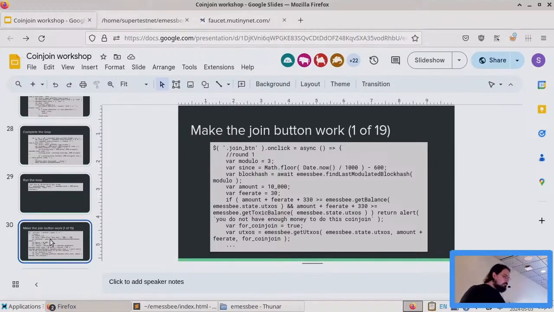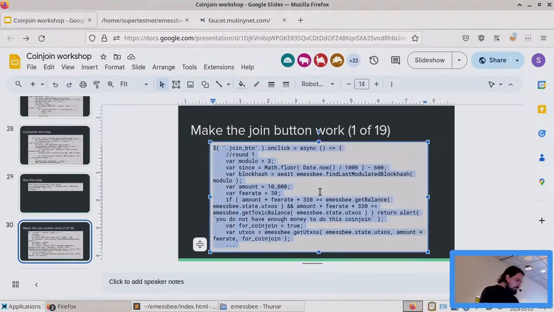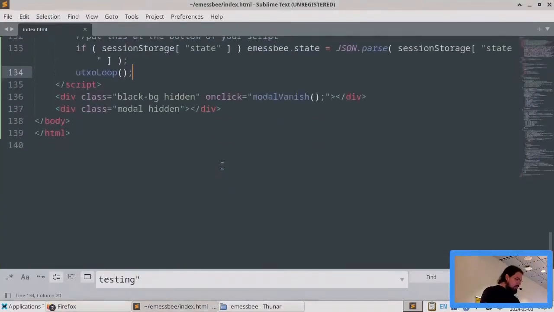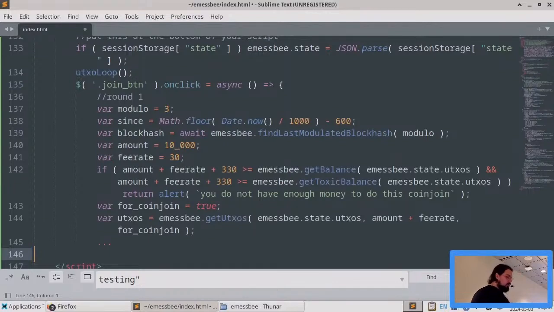Great. Awesome. Now that we have the receive button working and we can detect when we've received UTXOs, it's time to make the join button work. And as you might imagine, this is the heart of the wallet, and it's a long function. 19 sections for this one. But I think that's to be expected because this is what the wallet is for. It's going to be the thing that takes the longest. Okay, so